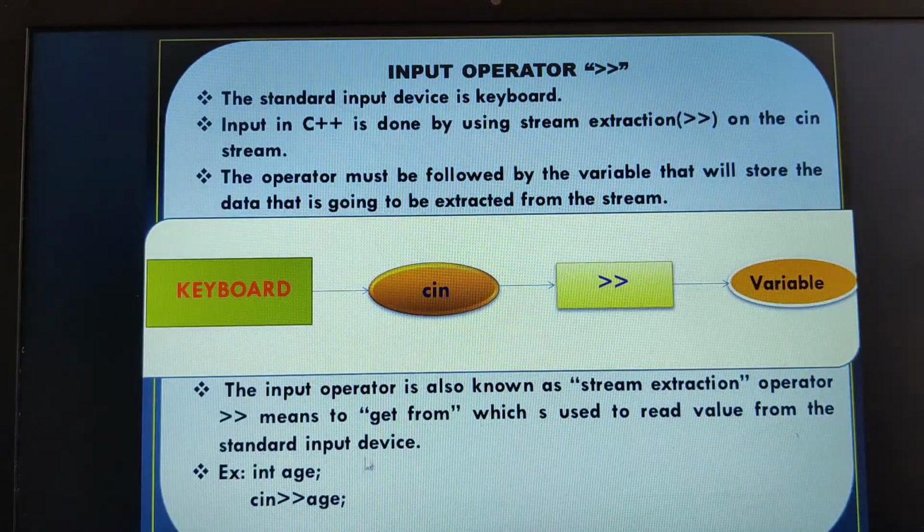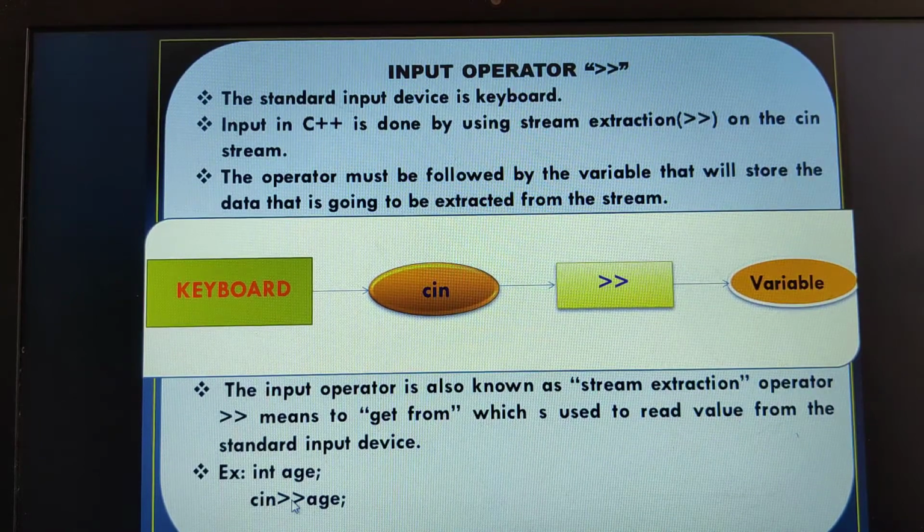Always remember this. Whenever we give the input here, see int age, cin age, it is asking you to enter the age, right? When you give the age as 25 through the keyboard, after giving 25 you should press enter, which means nothing but the return key. So until and unless the enter or the return key is pressed, this cin will not process our input.